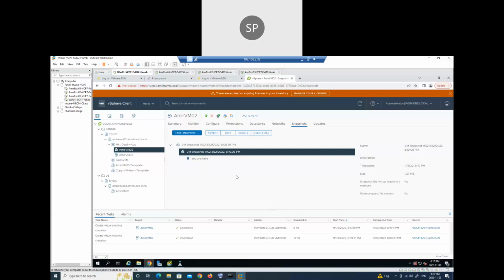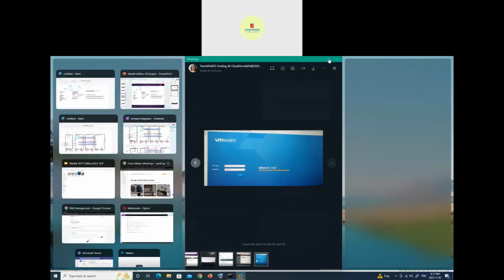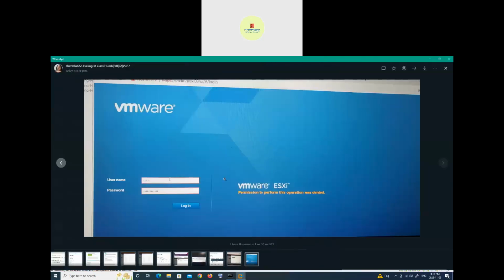Okay, so I have this error in exercise 2 and 3. There is a yellow warning here. This one. Permission to perform this operation was denied. Okay, that's permission. Oh, root. Why are you connecting with root? You're supposed to connect with